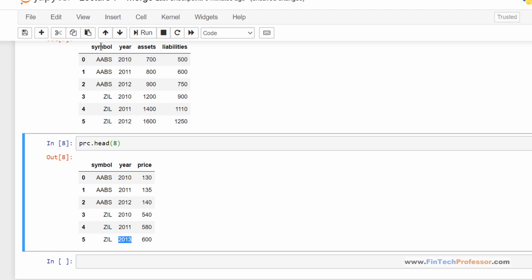Each pair of symbol and year is unique, so the data sets can be merged one-to-one. For one-to-one merge, either we specify which variable to use for merging purposes, or we can keep it empty. So let's start with the one-to-one merge case.